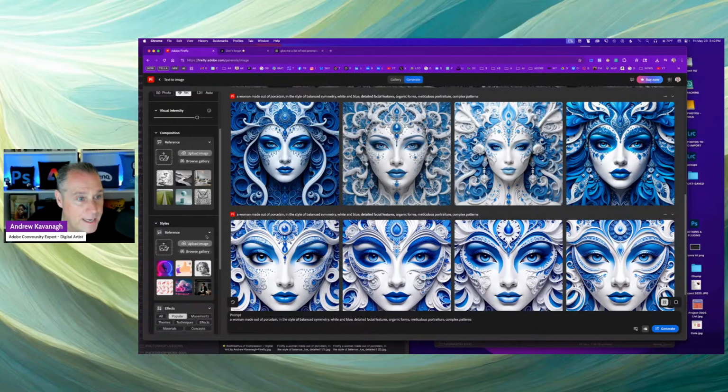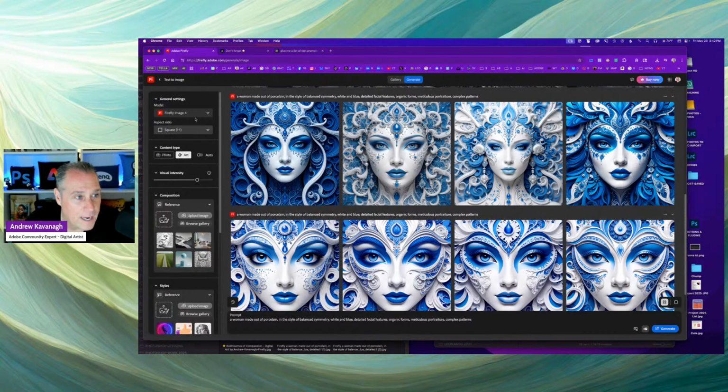And then in this case, for sci-fi, instead of it being square, I think I want it to be widescreen. And I do want the visual intensity to be even a little higher. Keep it to art. I tend to always like art, photo, with the type of stuff I like to do, which is more